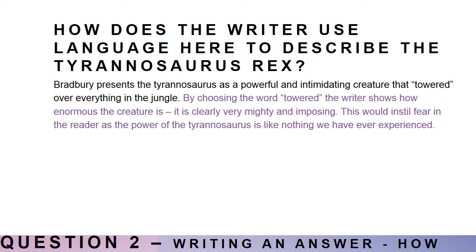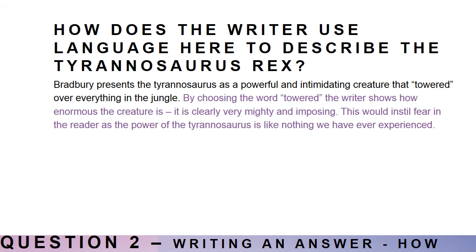So I've considered why this word is specifically used, what it makes us understand about the dinosaur itself, why towered helps us see that it's very powerful and intimidating. And I've also thought about the effect it has on readers. It instills fear in the reader. So I've thought about what the word means and suggests, and I've thought about the consequential effect on the reader